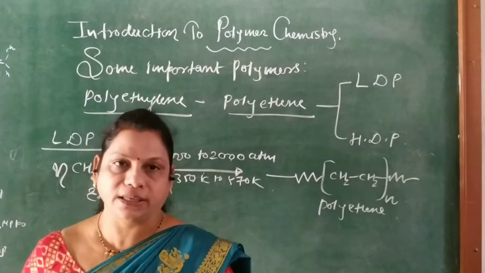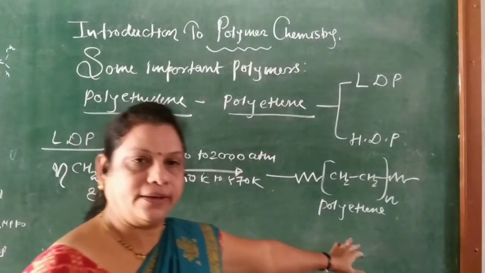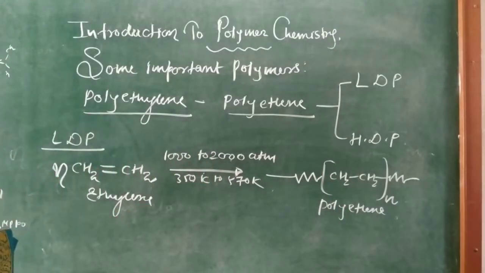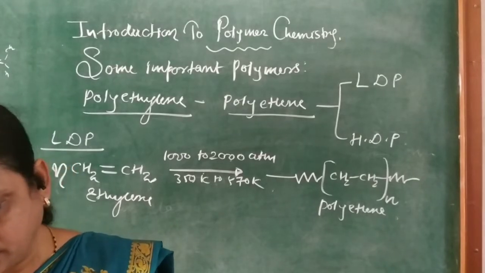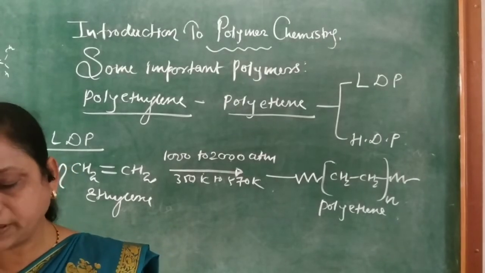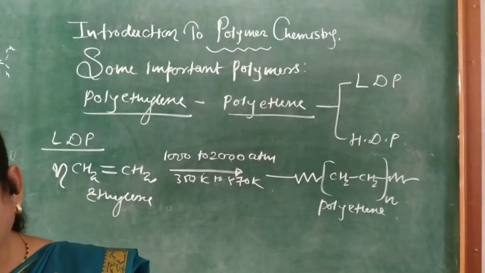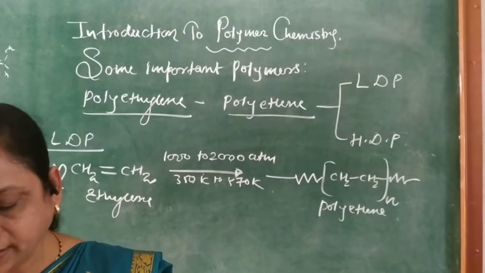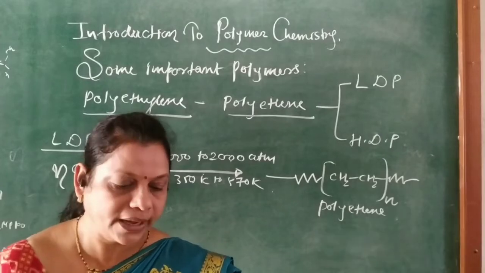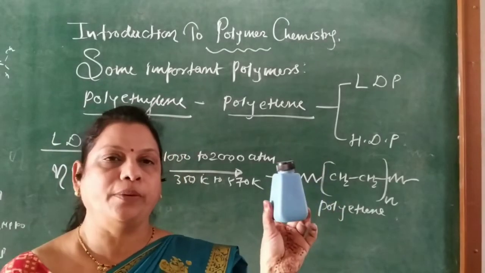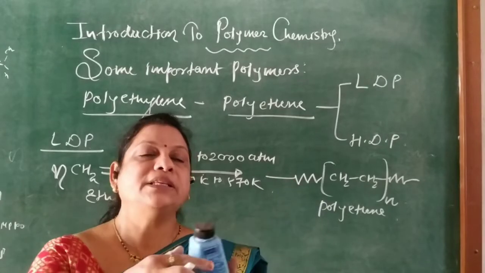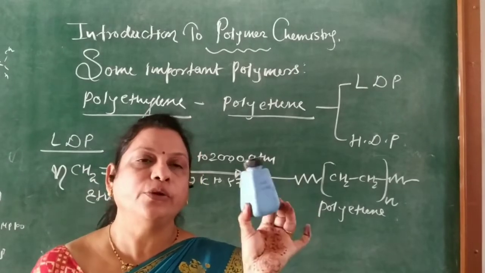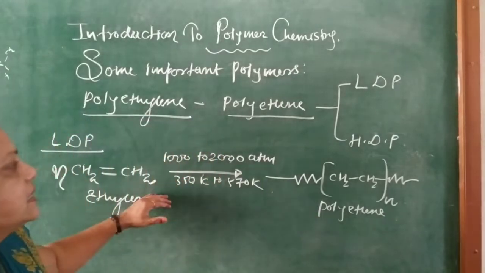This is the low density polymer because there is a weak van der Waals force of attraction, and it has a coil structure. Low density polyethylene is used in the preparation of pipes for agriculture, irrigation, domestic water line connections, and the insulation of electric wires. Household plastics and squeezable bottles are also made from these low density polymers.